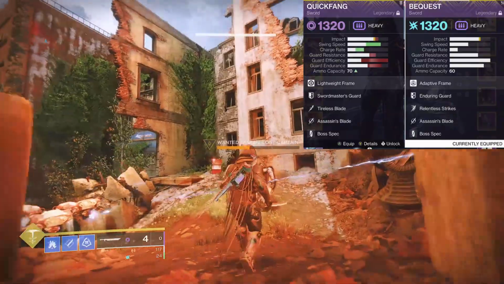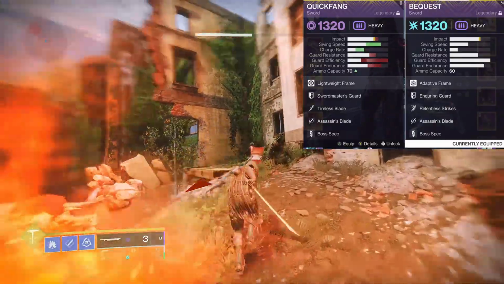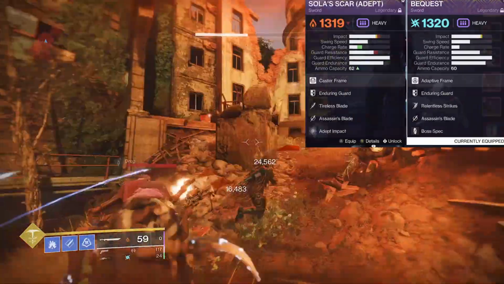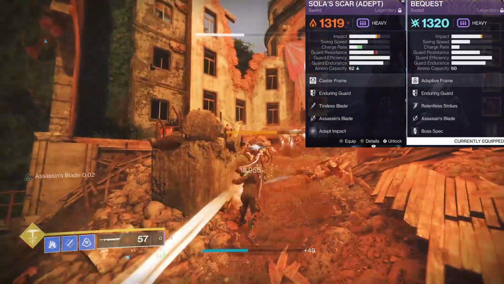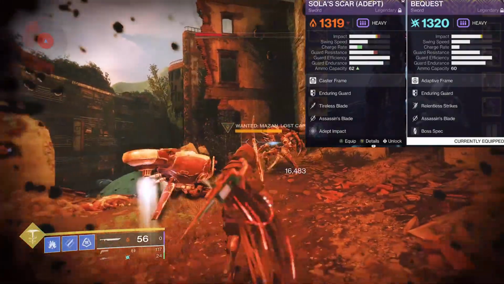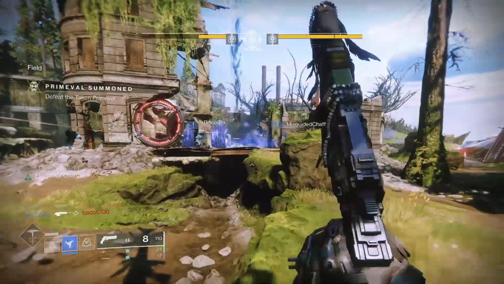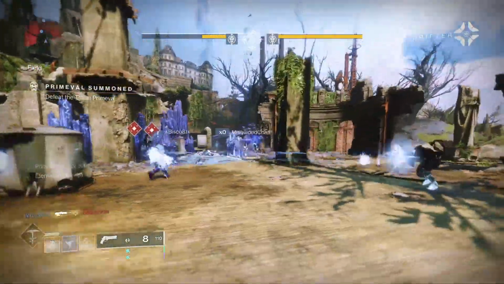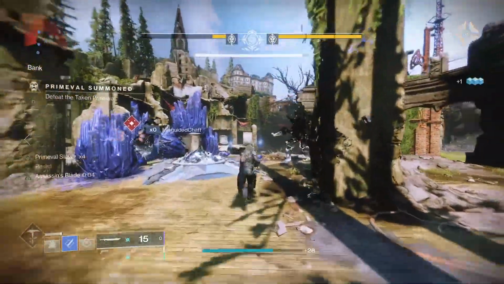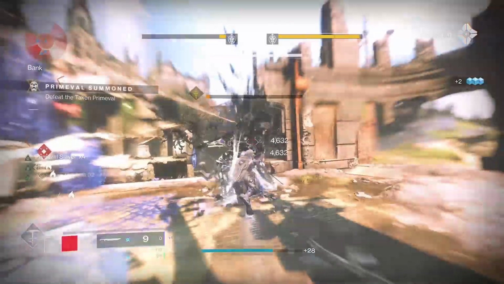It also beats out the Hunter's Quickfang hitting at 16,302, with the Falling Guillotine at 15,698 and the Solar Scar Adept hitting at 16,483 even with an Adept Impact mod equipped, rounding out the legendary sword options. Now obviously there's a ton of roll options and things you can do with all these swords to max out their damage output. But before we take a look at the roll options for Bequest, as well as covering off